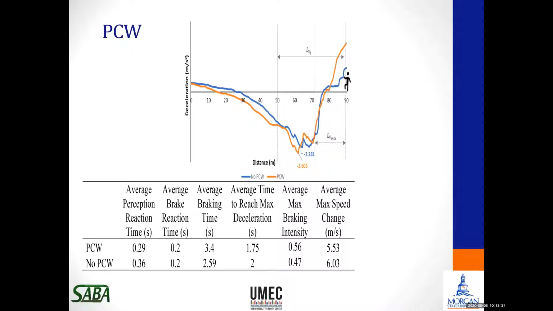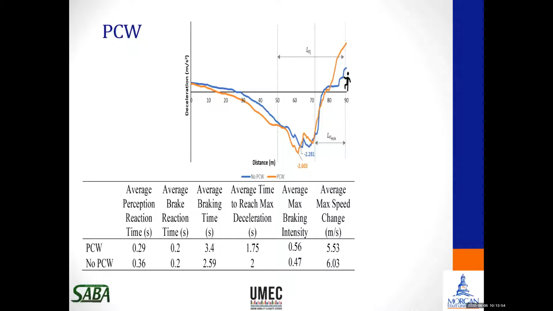Average brake reaction time did not change. Average braking time is higher. Average time to reach maximum deceleration is a little bit lower than the baseline. And average maximum braking intensity is higher, and average maximum speed change is lower in the